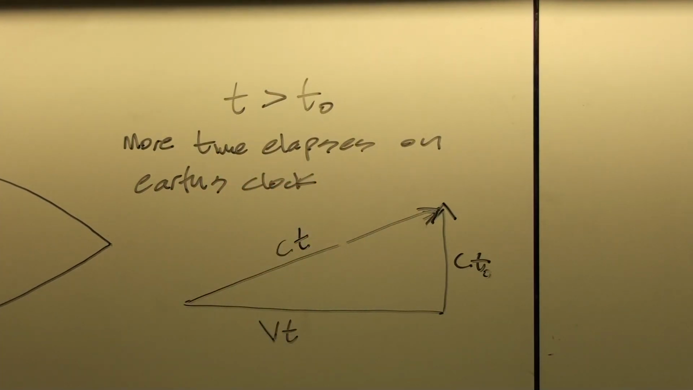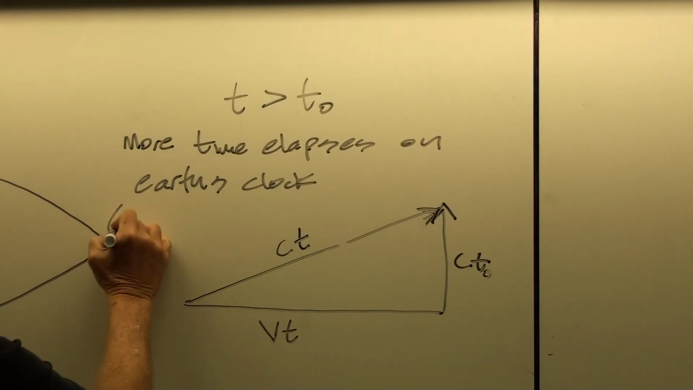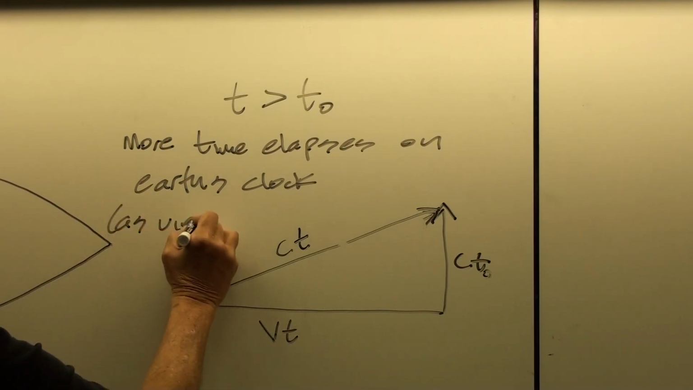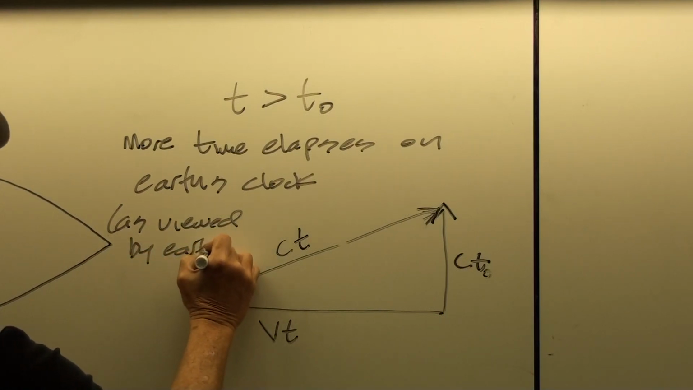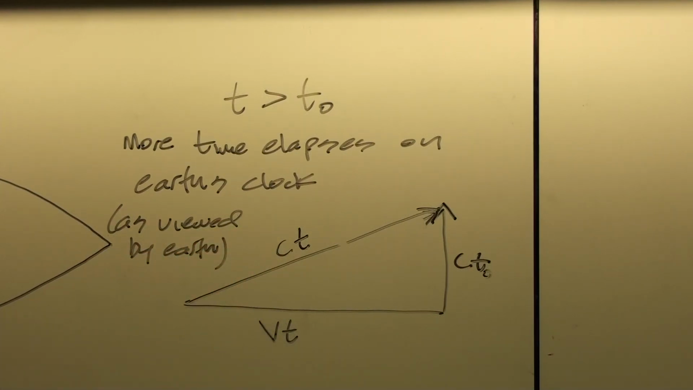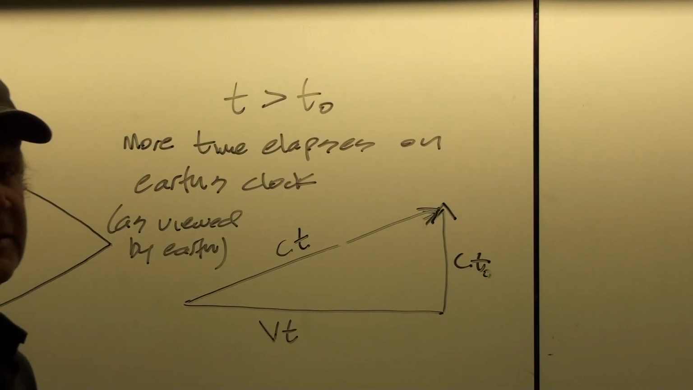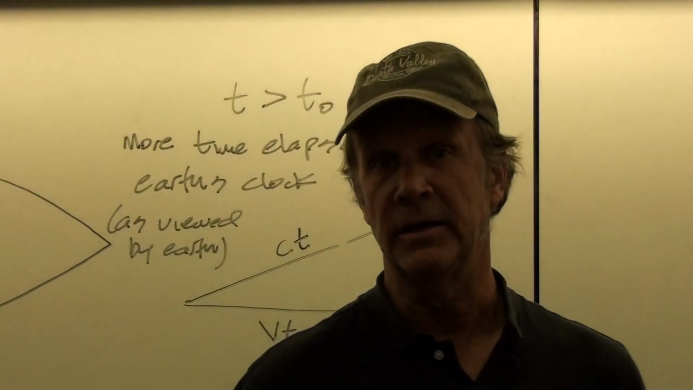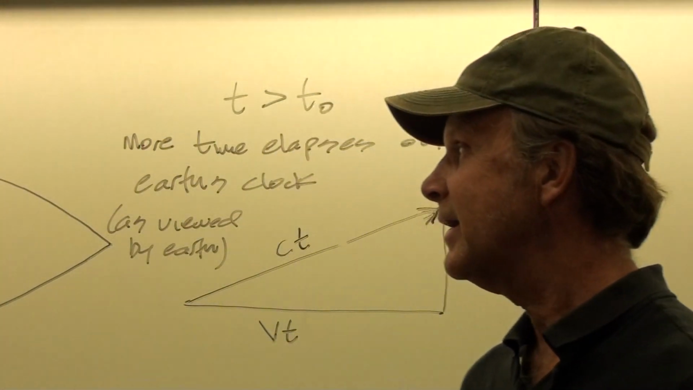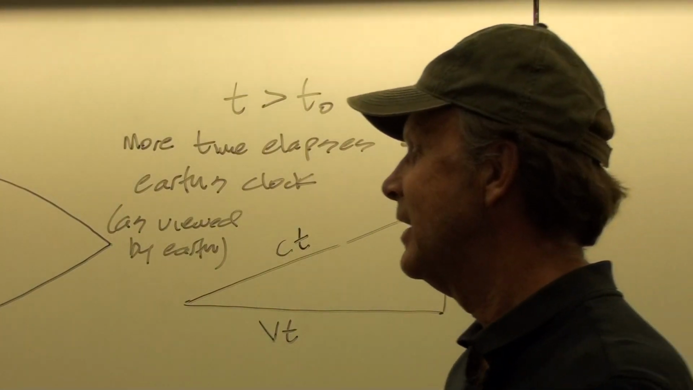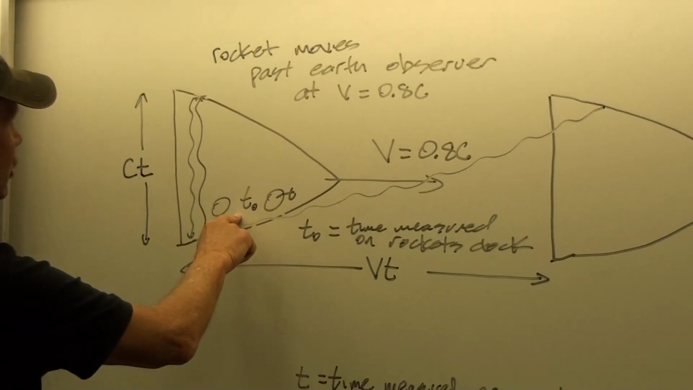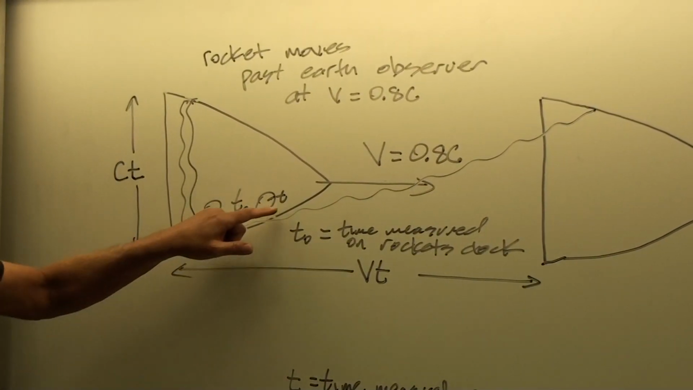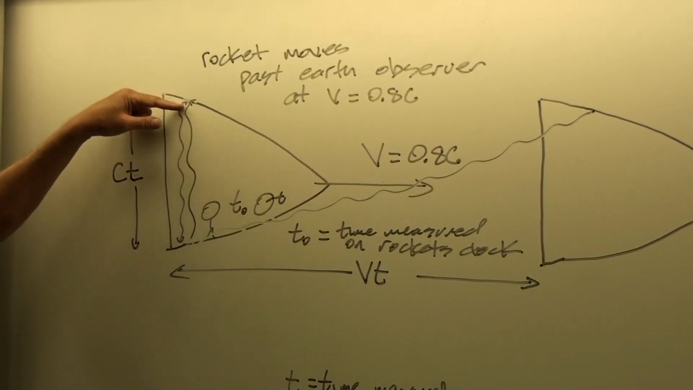Okay, and this is as viewed by the Earth. So what do I mean by that? We've got to be very careful here what we mean by T and T naught and who's viewing what, because the rocket's going to see something completely different. But if you're from the Earth's point of view watching this happen and this beam go across the rocket ship,